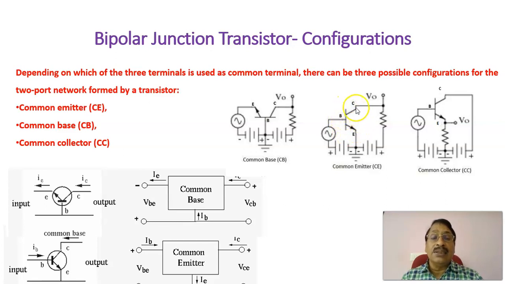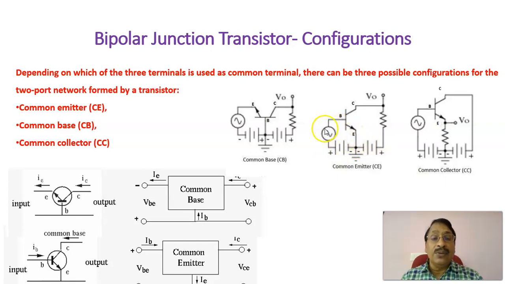is the base terminal, this is a collector terminal. And here biasing is, as I told you, emitter junction is forward biased and collector junction is reverse biased. Now, when you draw the equivalent AC circuit, as I told you earlier, you have to remove the DC source and you have to short circuit this one because internal resistance is very small. That's why it is as if short circuiting here, and similarly short circuiting here, AC equivalent circuit.